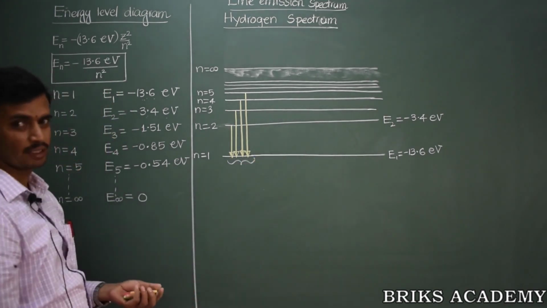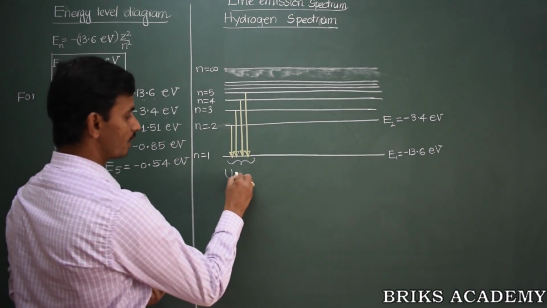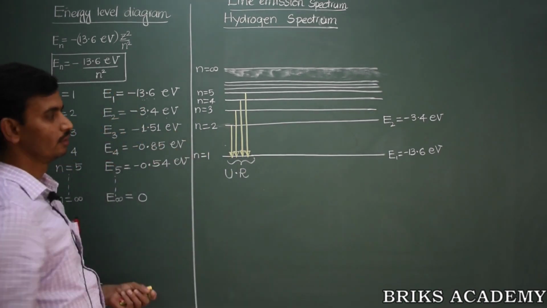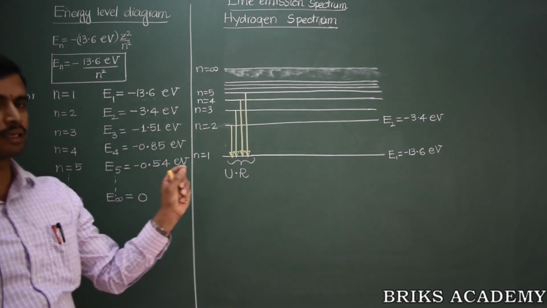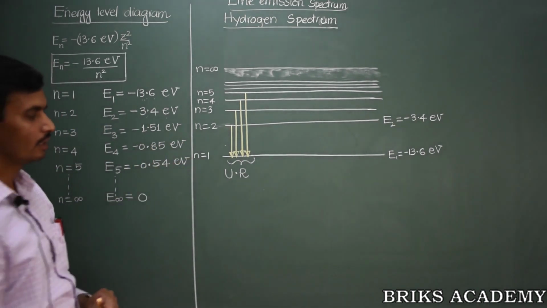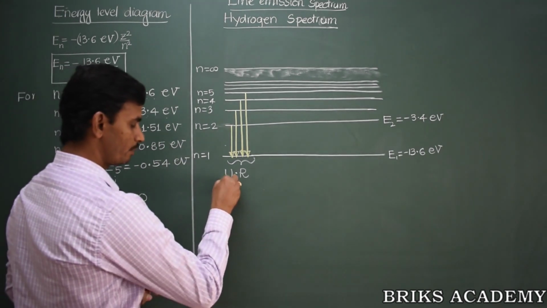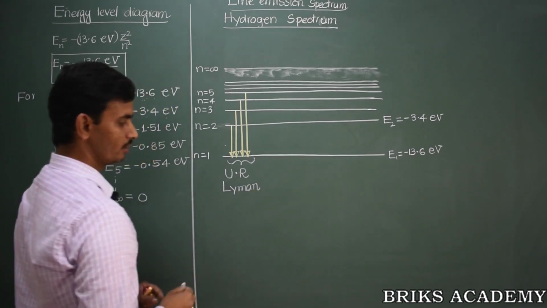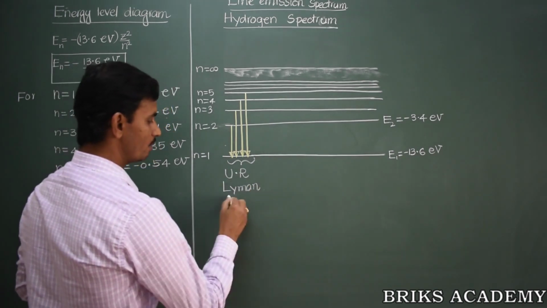The kind of radiation they emit is ultraviolet radiation. Each of these emissions will appear like a bright line in the line emission spectrum. The spectrum that you get was discovered by a scientist named Lyman. Hence, this spectrum is named after him, and it is called the Lyman series